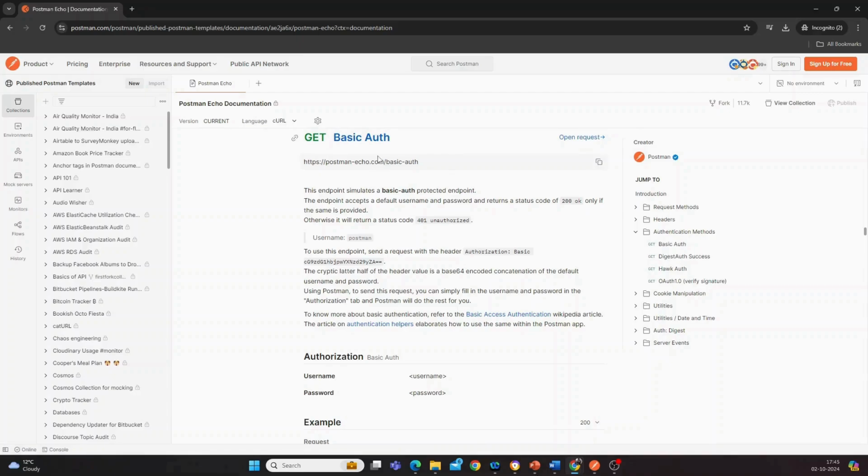It shows the documentation for basic authentication, and this is the endpoint URL, which you can use as an example for doing the basic authentication. It also says that if you execute this request with no authentication, it will give you a 401 error. And if you pass the username and password, then it gives you 200 OK. The username is username and password is the password here. So let us copy this request